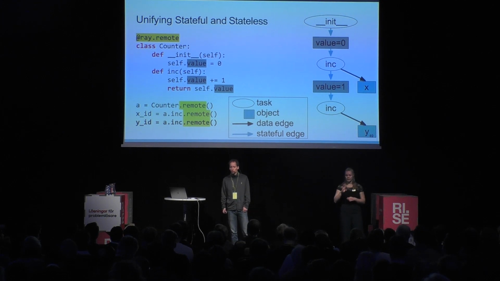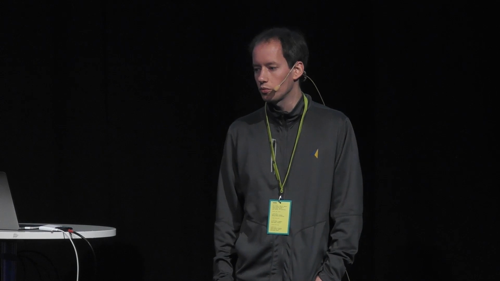So you have now seen basically the full API of the system. It's very simple. It just mirrors the way that serial applications are being built with functions and classes. And these can interoperate very nicely. So you can call functions from within functions. You can pass actors to functions, call them. You can also call remote functions in actors and so on. So the system is very general. OK, and then at the end, we can also get the result, and that will again materialize the computation.